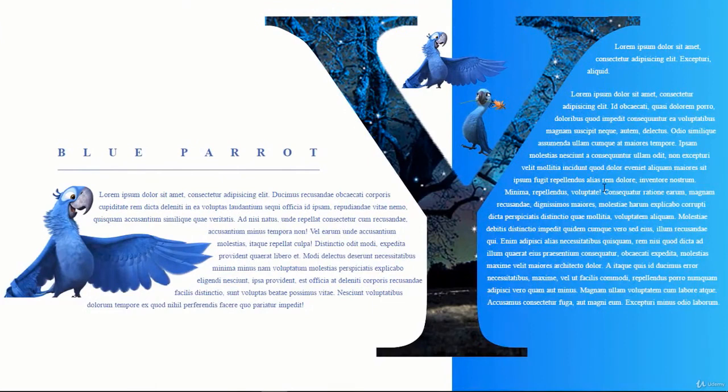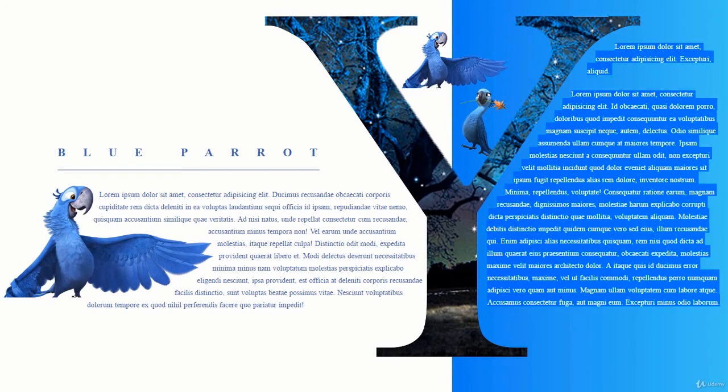Next I will show you how you can build this awesome website by using native CSS shapes. You can see that this content is flowing around the right part of the Y shape, and this content is flowing around the left part of the Y shape. You can also see that there's our blue parrot.